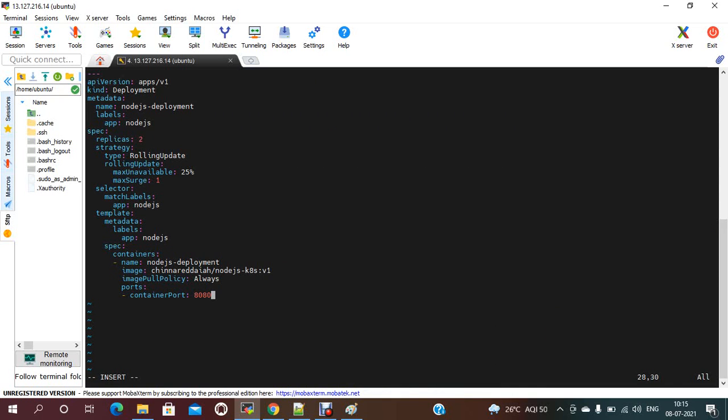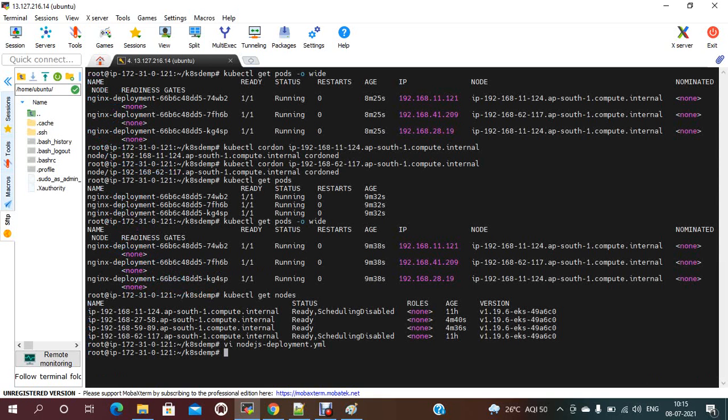This is something like a normal deployment: API version, deployment, Node.js deployment, Nginx, replicas 2, and rolling update with maxSurge and maxUnavailable. This is the small deployment I am doing now. Now kubectl apply -f node.js. The deployment is created.